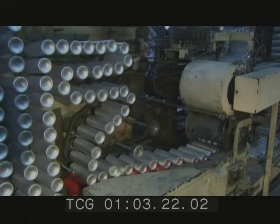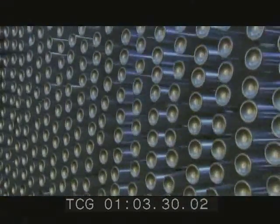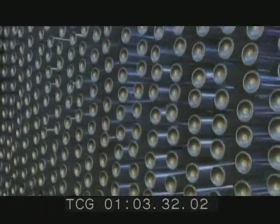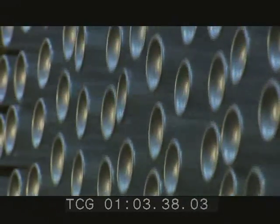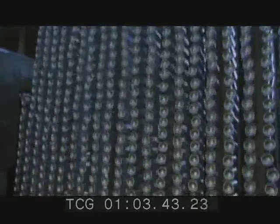And the bottle cans queue up by the thousands in a machine called the accumulator. This dizzying dance is simply to stall the cans, so they don't come too fast and back up the production line. So this wall of cans is really just a holding pattern until the next machine is ready. When the line is clear,